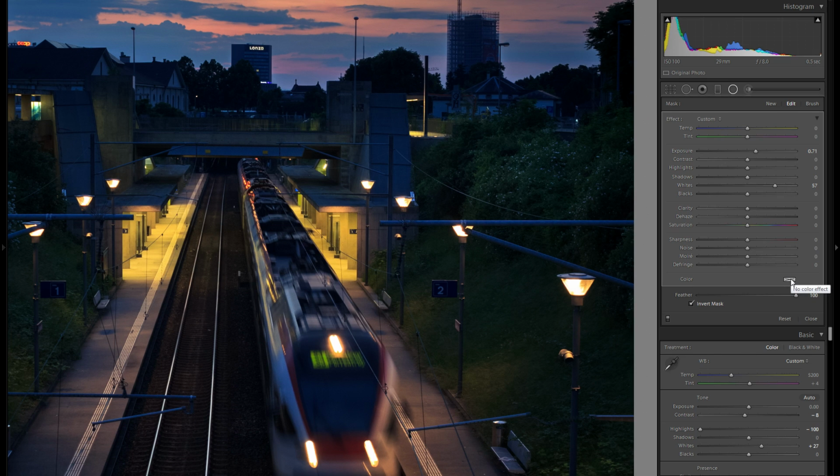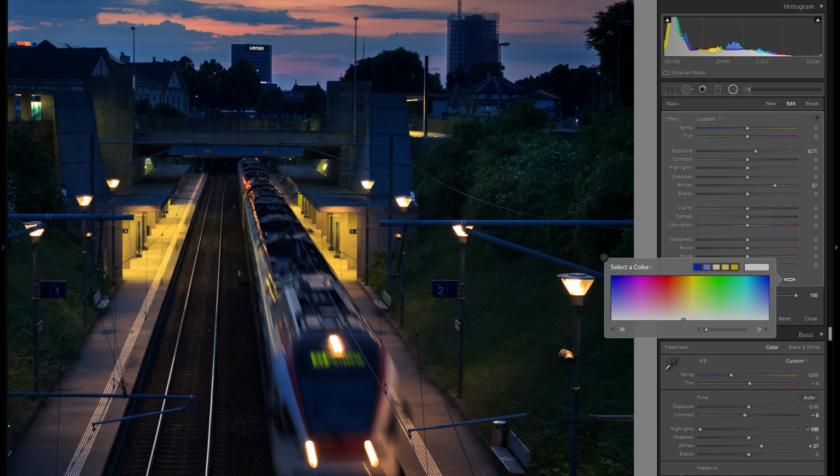So this is a thing where you want to just go to color and click on this little thing, and then you will get this palette right here, from where you can choose all sorts of different colors and all sorts of different saturations. And here I would really suggest you go in some sort of yellowish tone, so you can fine tune that whether you want a more traditional yellow or maybe a little bit into the orange tones. But I would not suggest you really go into the reds or into the purples or anything like that in general,